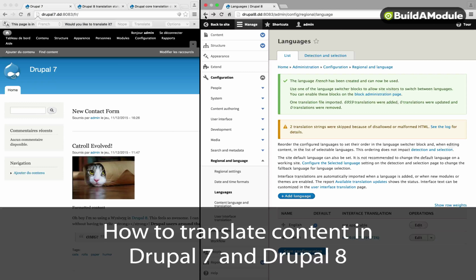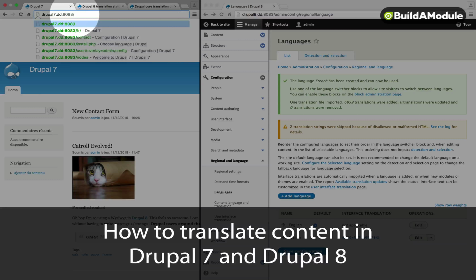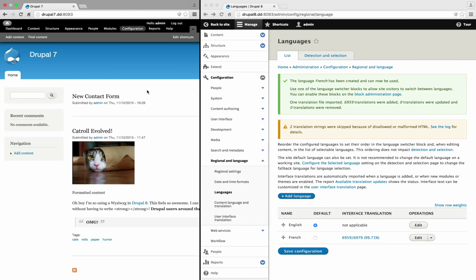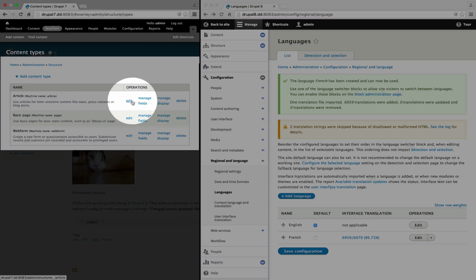Now let's take a look at the process of translating content. I'm going to go ahead and go back to English since my French is a little rusty. So in Drupal 7, the locale module was enabled, and we would go to Structure, Content Types, and then Edit